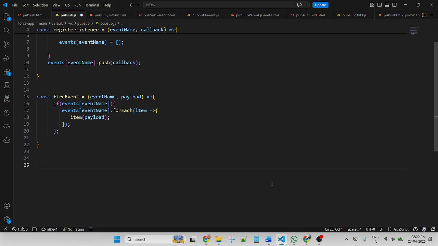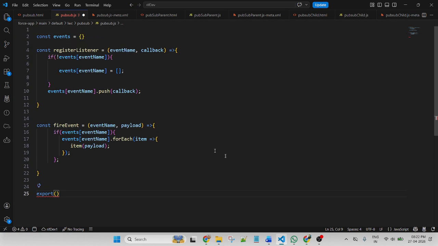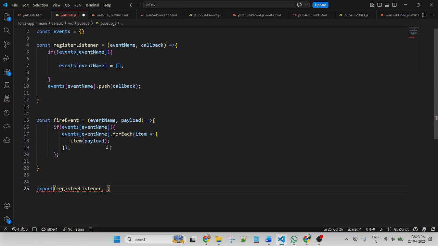we need to export both of the functions. So this is register and this is fire. Export, curly bracket, this one.